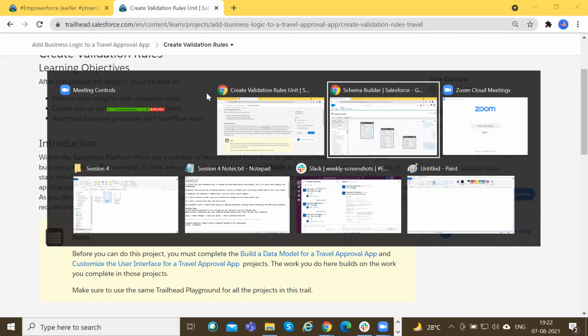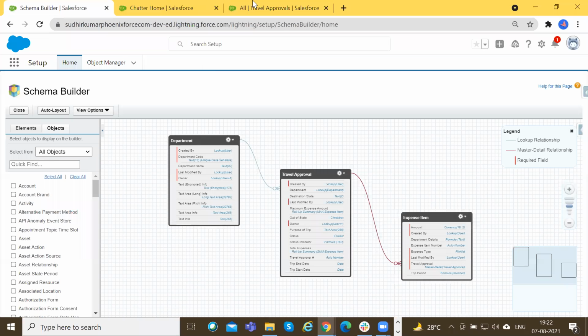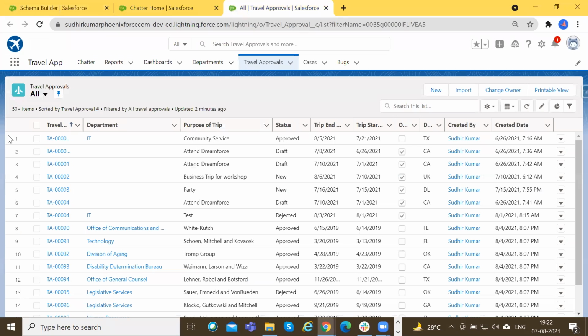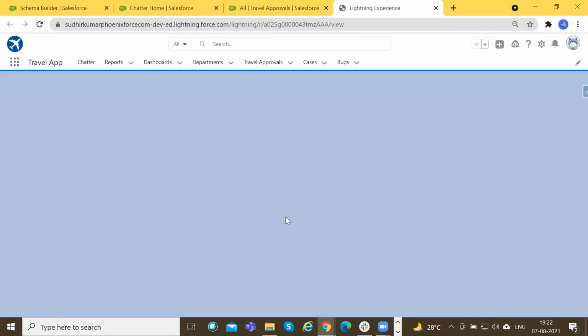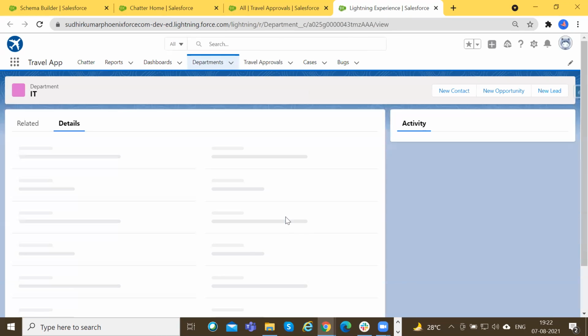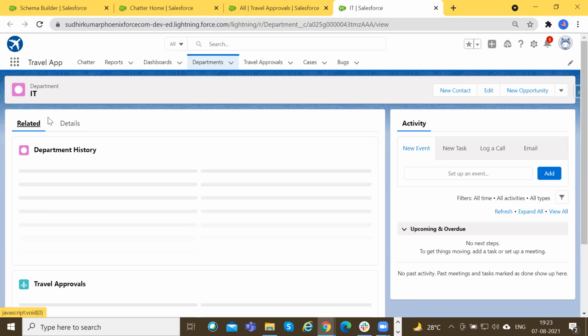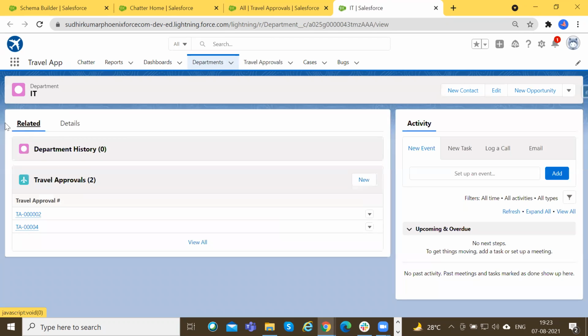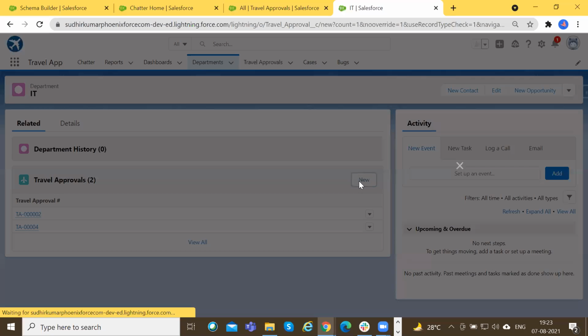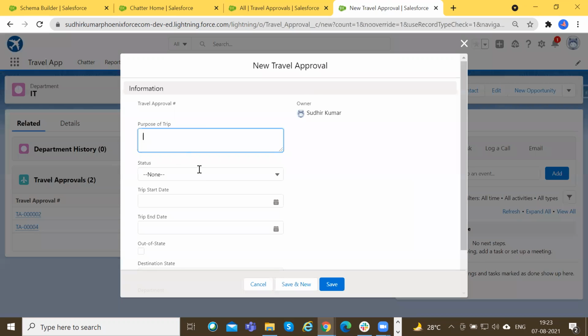So when we try to create a travel approval, let's say for the IT department, a person from the IT department is trying to raise a travel approval request. The travel approval is in the related list of the department. Click on open. You see that